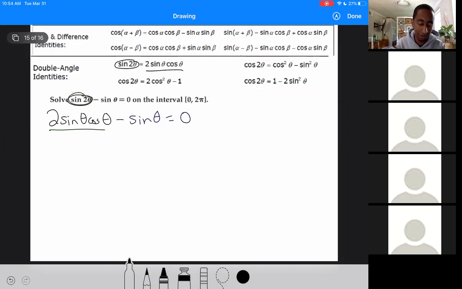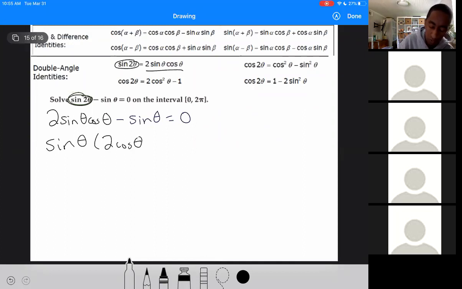Now it looks like we made it bigger, but it's actually going to be helpful, because now we can look at this and say, okay, we see that we have a sine in both of these, right? And so we can factor out a sine from both of those. So it'd be sine of theta. We're going to factor it out. If we factored out the sine of theta, what we'll be left with is 2 cosine of theta, minus,